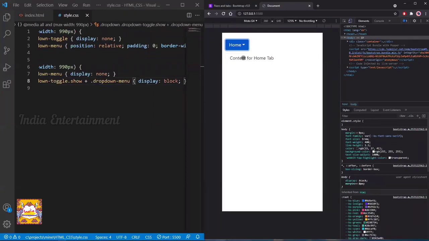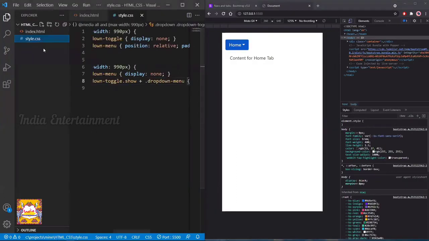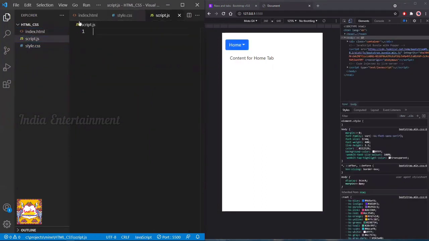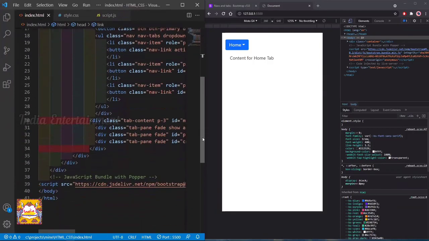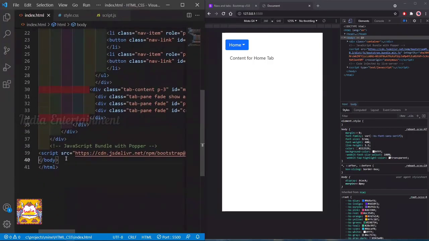So I'm adding one script file for this. So new file script.js, and adding that script here. Script with src script.js. So I added it here, and if you go to script.js,